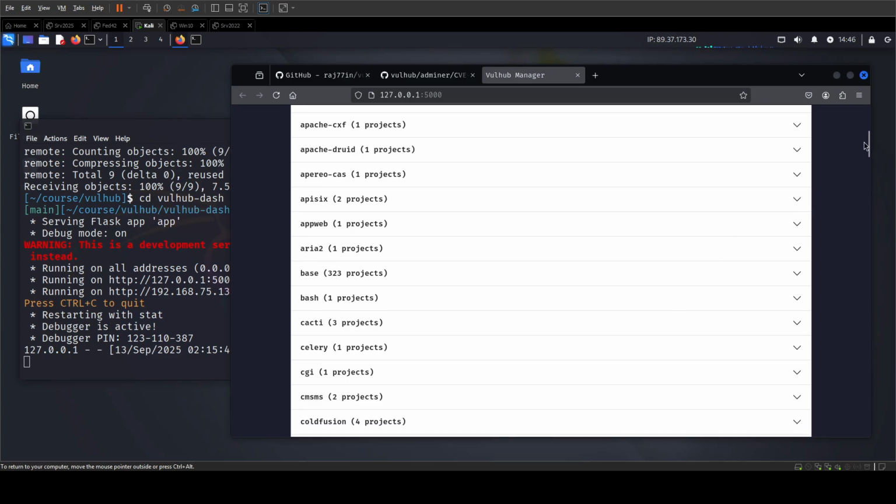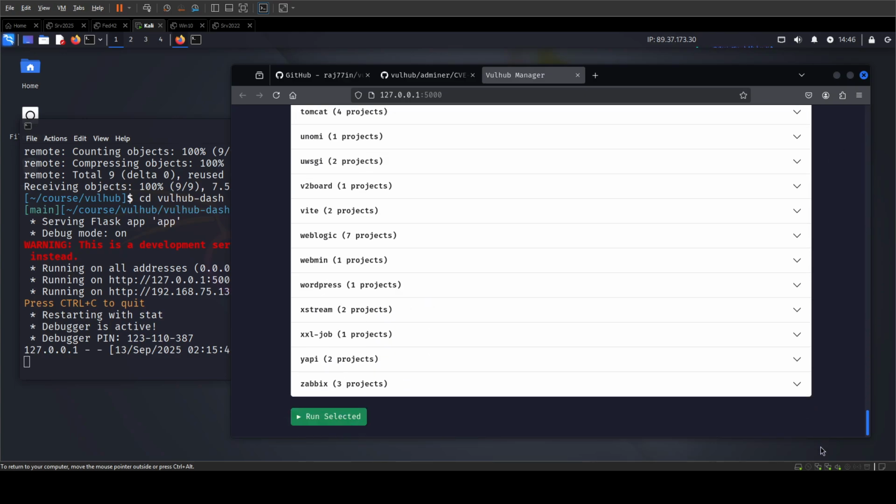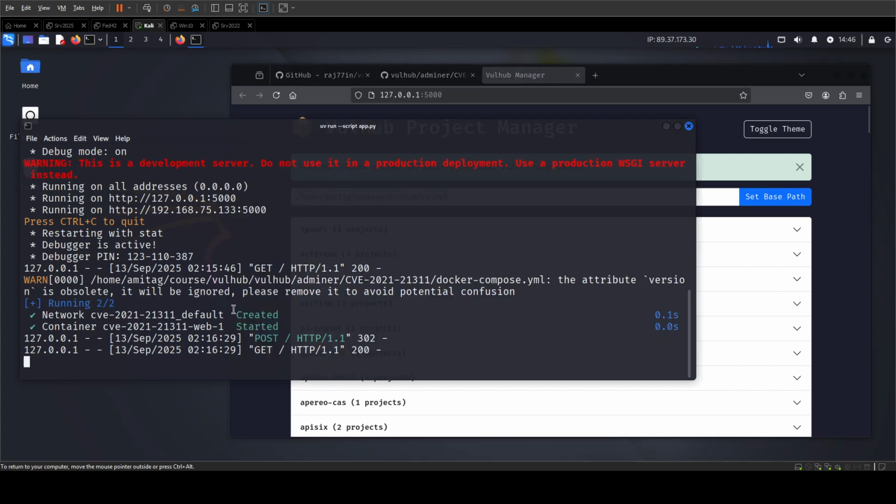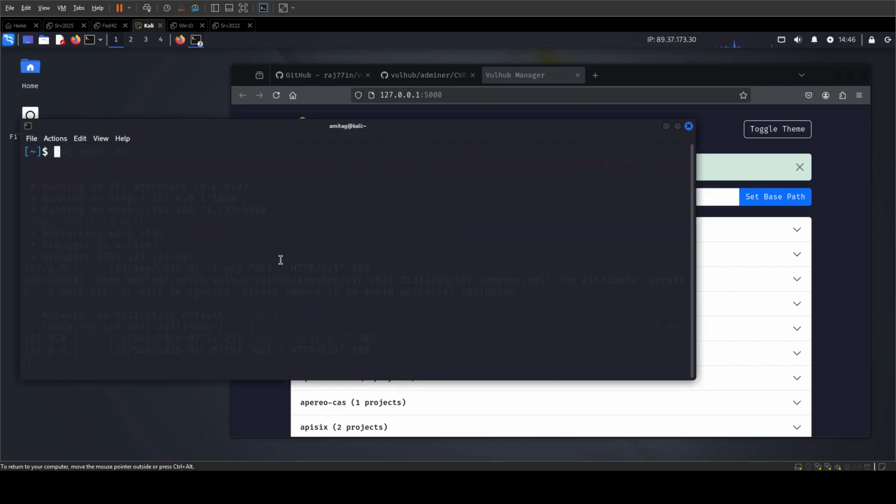And once I have selected this, I can go down to the bottom and then just click on run selected. Once I do this, you can see that it is going to this folder and running docker compose with this specific file. Now, since I had already run it once, you can see that it's not pulling the images. Otherwise, it would have pulled the images before starting them. And now we can go to this specific folder